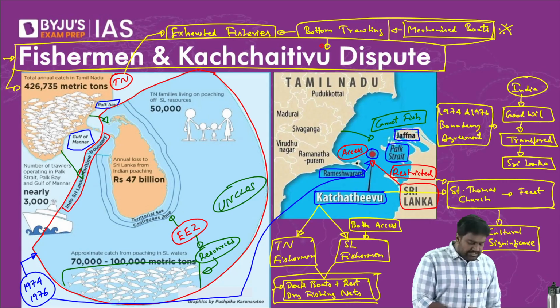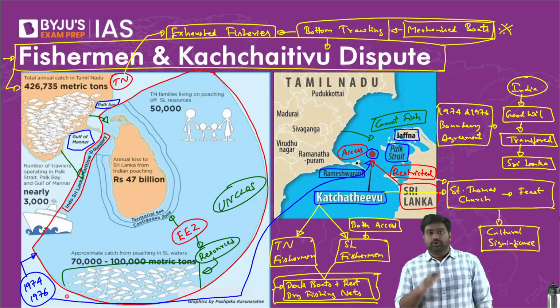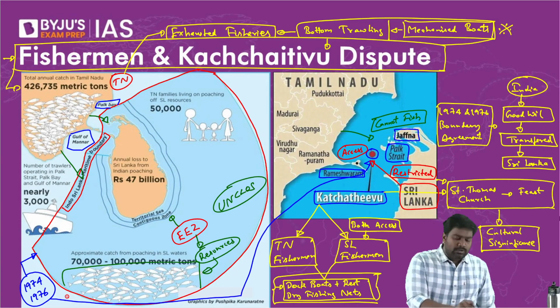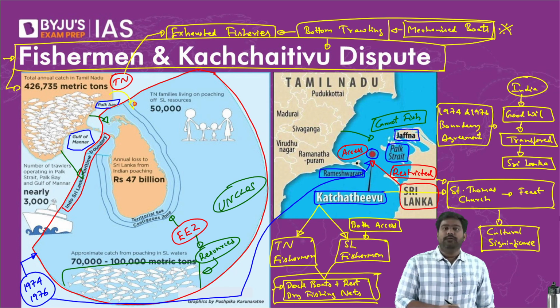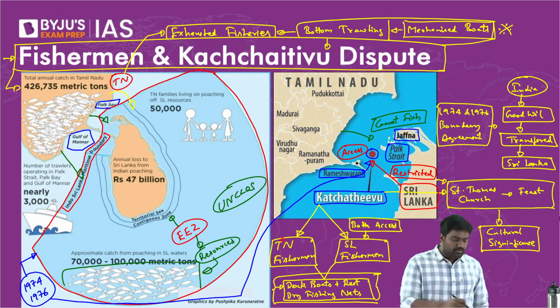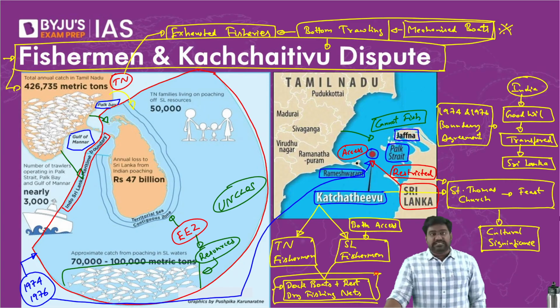So on the Indian side, Tamil Nadu fishermen have largely exhausted the fisheries due to over-exploitation, due to bottom trawling, right? So out of desperation, they cross the boundary line. They go to Sri Lankan waters and try to fish because historically they have reached Kachativu and the area around it, and they have fished around Kachativu, right? Even though they don't have access, right?